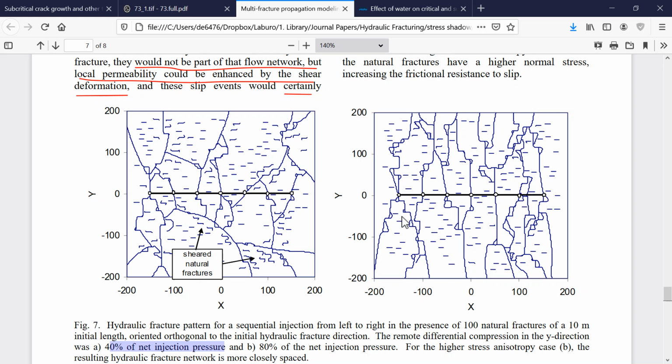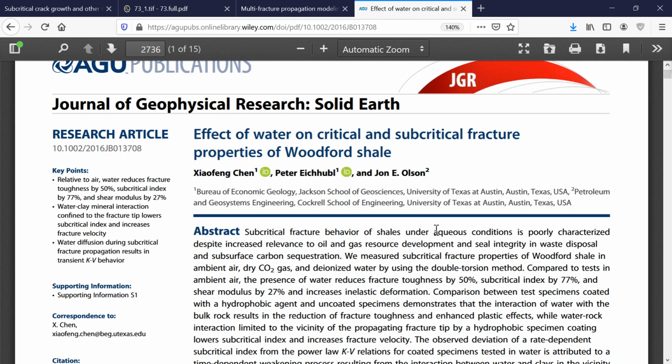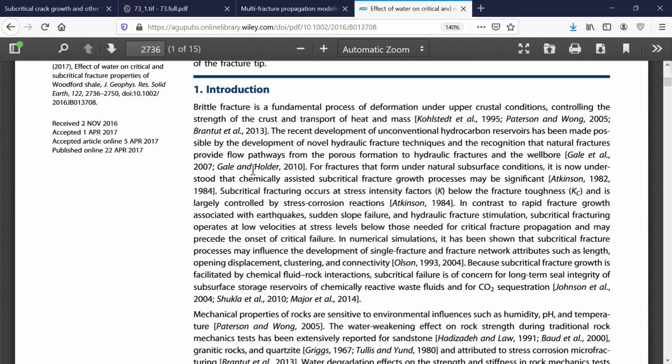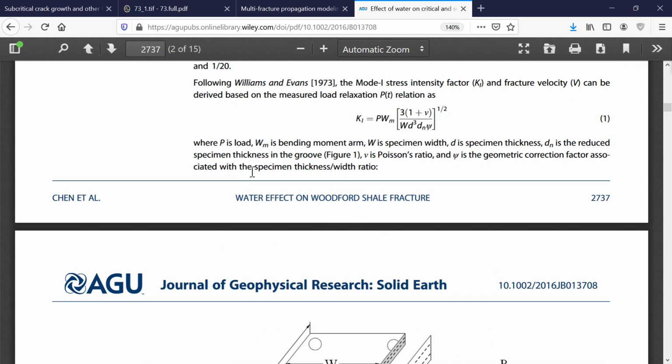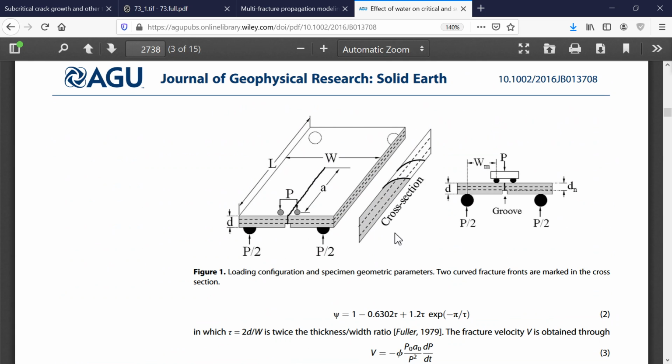All right, so how do we measure this subcritical fracture index? We haven't seen any test so far that will help us to do that. And this is done with what is called a double torsion test. And here there is another paper that I also recommend, and I'm also going to post a link in the video that you may want to check, that covers a little bit of the fundamentals of subcritical fracture propagation and also the test required to measure